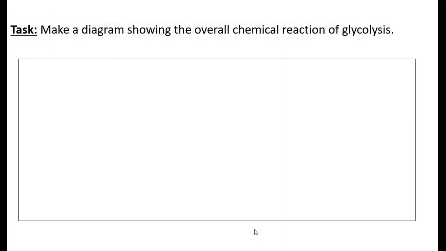Task: make a diagram showing the overall chemical reaction of glycolysis. The reason we're doing this is because your syllabus states that you need to know the names of the substrates and the final products of glycolysis. And I think that this type of diagram is the best way to do it. And you'll also know what's happening during the glycolysis, and that's what you need to know. As we said, glycolysis starts off with this molecule here,